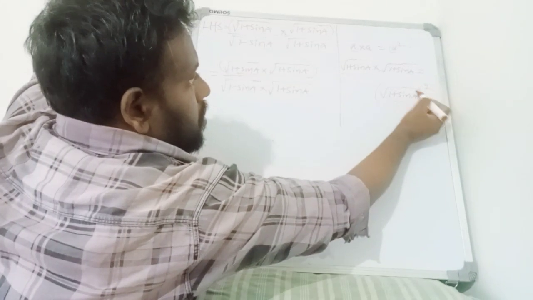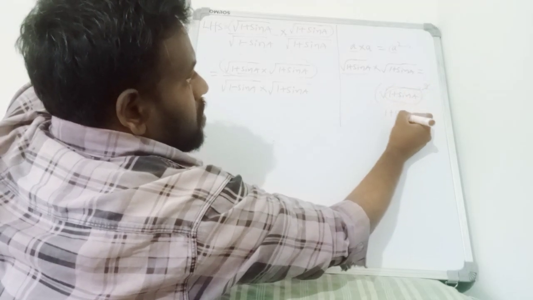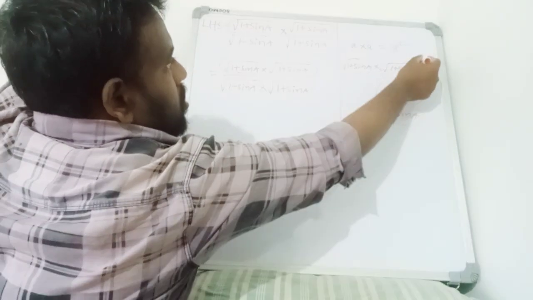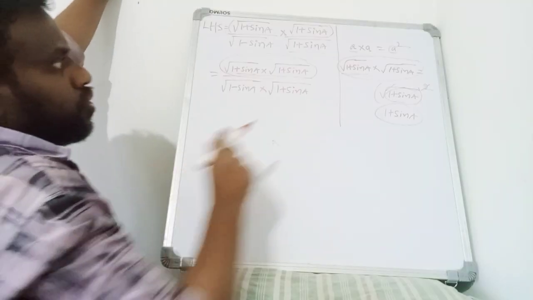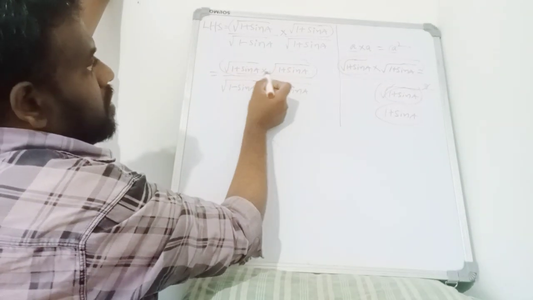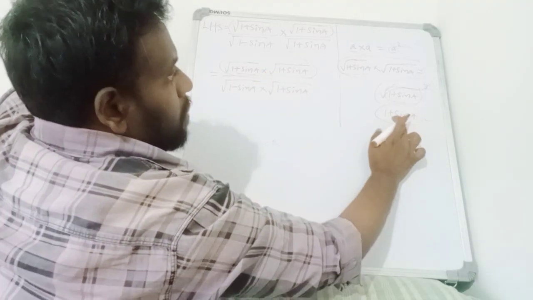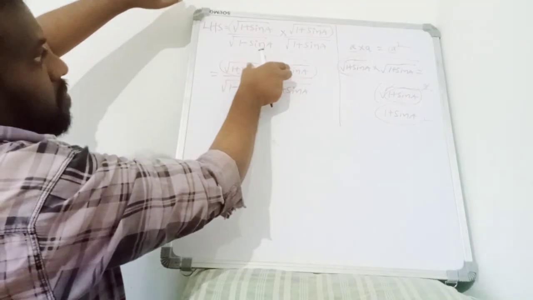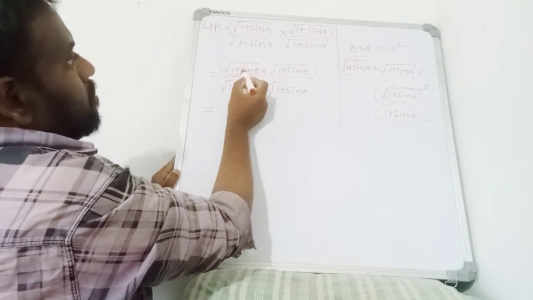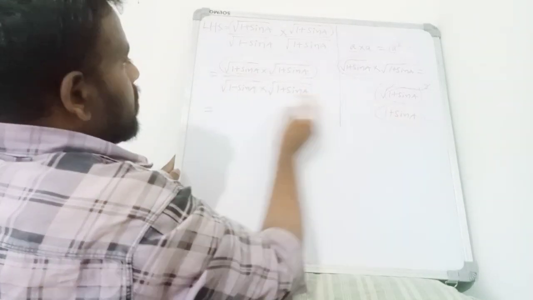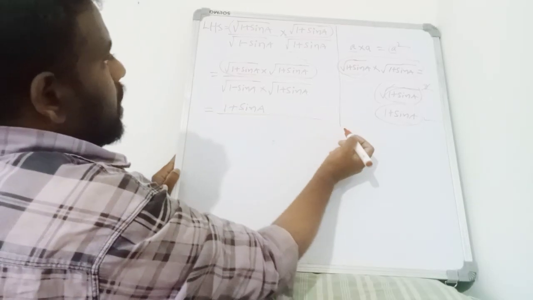Now see, this square and square root cancels out. What is left? 1 plus sin A. See, this into this is equal to this. So this into this is equal to what? This 1 plus sin A. Now in place of this I will write it here. So that is equal to, in place of this I am going to write this 1 plus sin A. Okay. Next, all divided by,